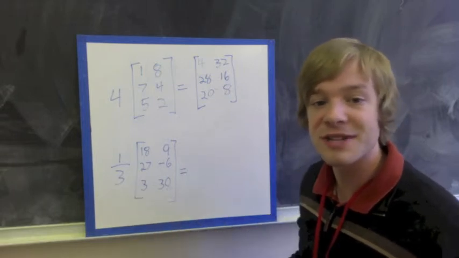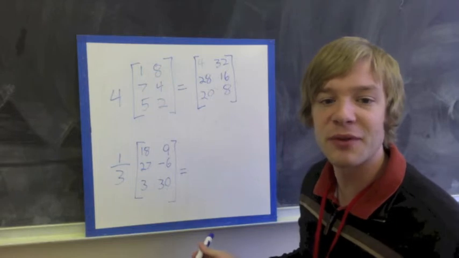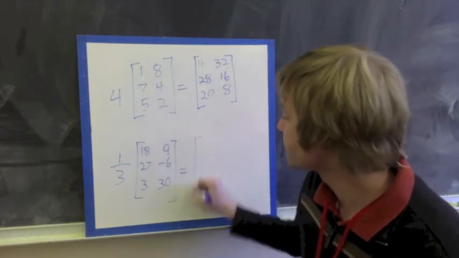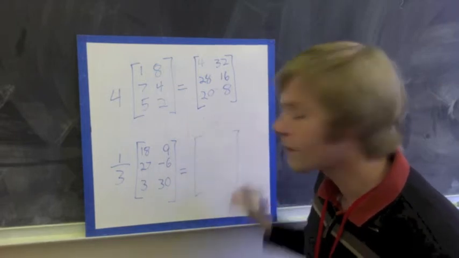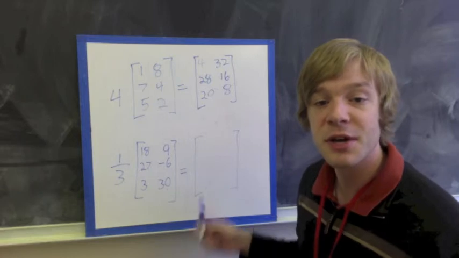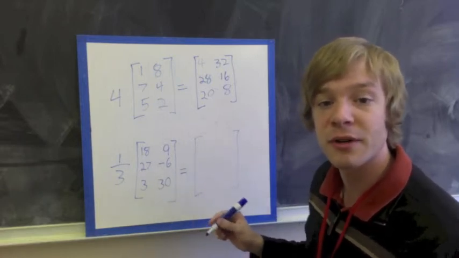Let's take a look at another example now with a fraction. So I'm just going to multiply each of these by 1/3, the same thing as dividing by 3. Once again, with scalar multiplication, we still end up with the same size matrix. So I'm going to end up with a 3 by 2 matrix, and when I multiply by 1/3, I will